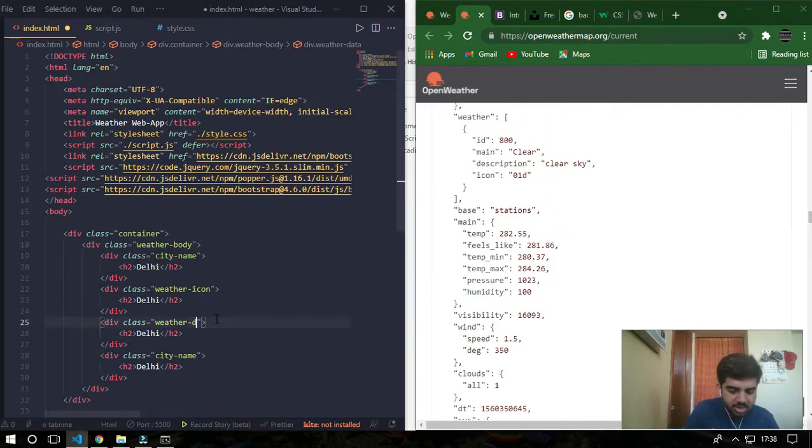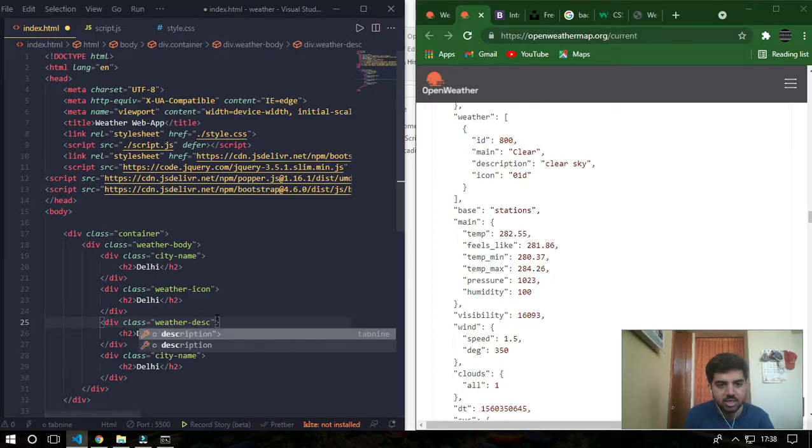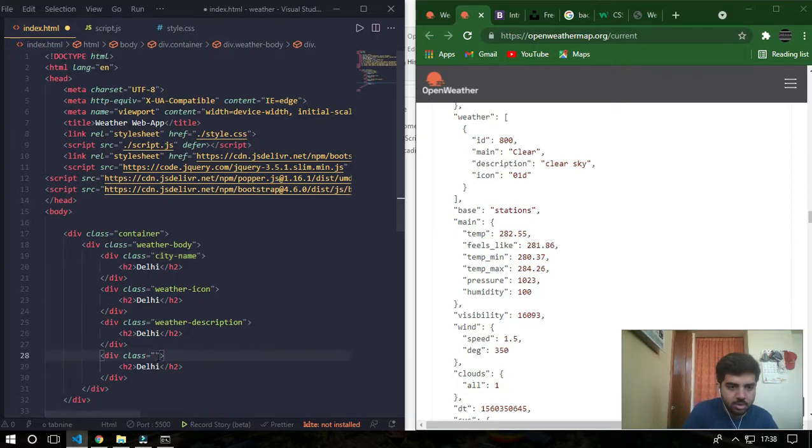So description, the weather description and weather data. Weather icon, I'll leave it empty and take it as an image. Then weather description, I'll just say clear sky. Then weather data, I'll say it's 13.